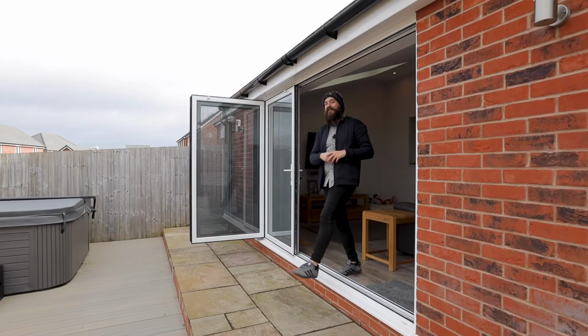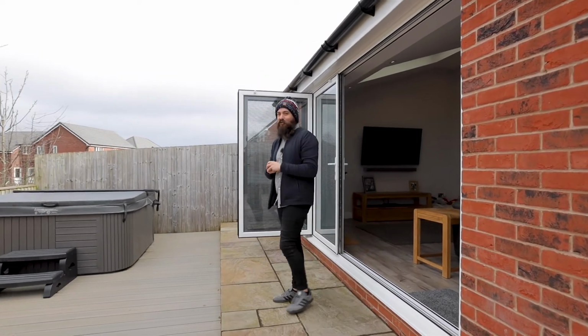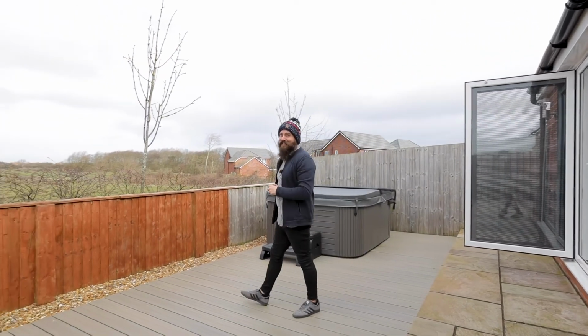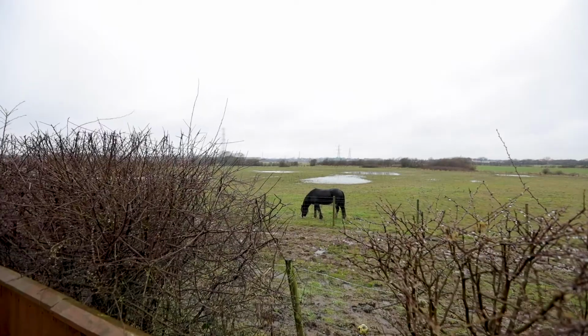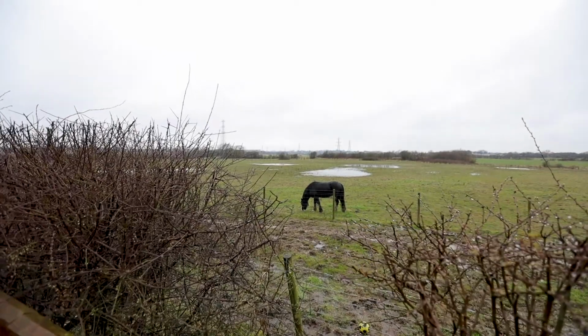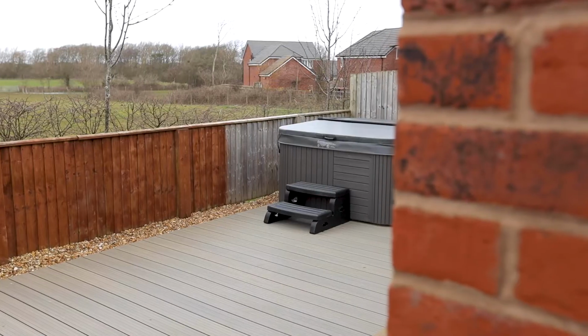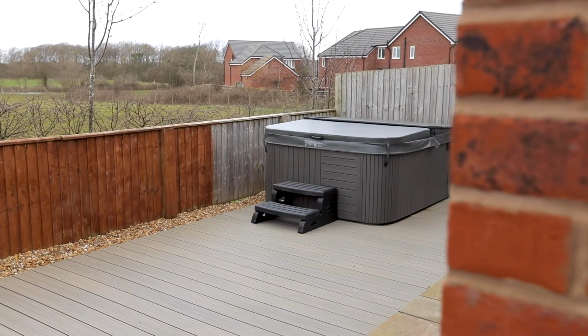Now I've already mentioned the incredible landscape here at Benedict Drive on more than one occasion, but if something is worth saying then it can't be said enough. And just look at what a magnificent panoramic outlook we've got over this rural landscape. Now the hot tub, which is included with the sale, offers the most incredible vantage point over this scenery, but